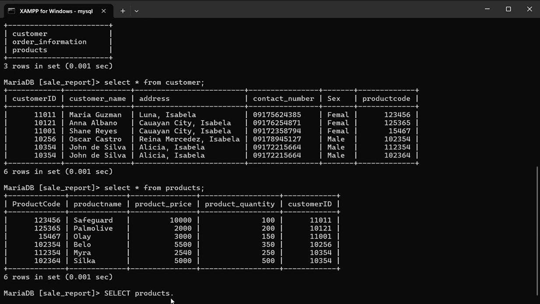So we have to select from products the product name column, still from products the product price, and lastly, the product quantity.